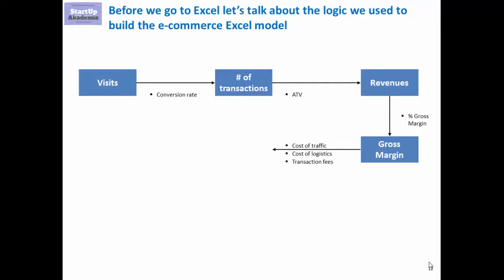So we're going to estimate three types of costs. One is the cost of getting traffic to our site, then the cost of logistics, so delivering the goods to the customers, and also transaction fees related to the transaction we have made, so mainly to the payment platform we're using. On the basis of this, we're gonna get something which we will call net margin, and to get to the operating profit, the last level we will be reaching in this modeling, we need fixed costs.